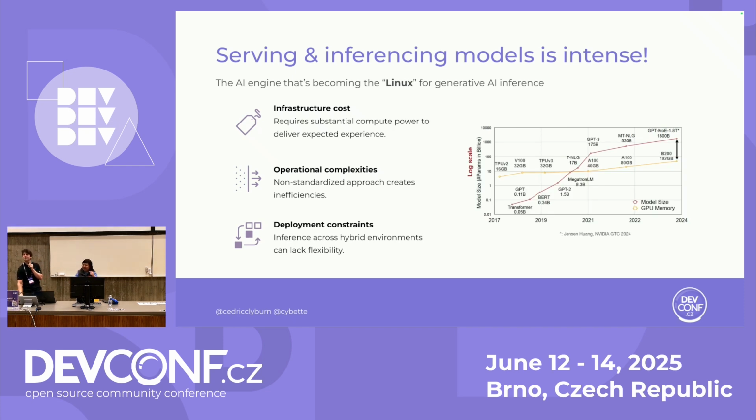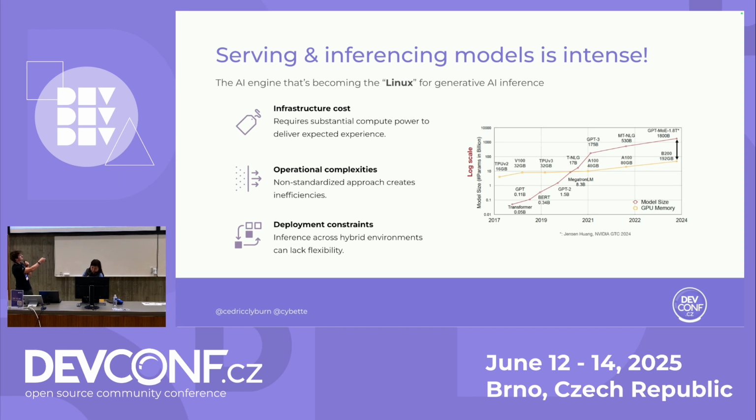So as we know, running a large language model can be difficult, especially at scale. You've got the infrastructure cost, you've got the complexities in running different models on different infrastructure. And here you can actually see the chart of the past few years where we're charting essentially the model size, the number of parameters, and the memory that is allocated in these GPUs. The model size is on a logarithmic scale, which means that even though the GPU memory is increasing linearly at a steady rate, the model size is growing exponentially. So our infrastructure capabilities are grossly under the model sizes that we have to run.